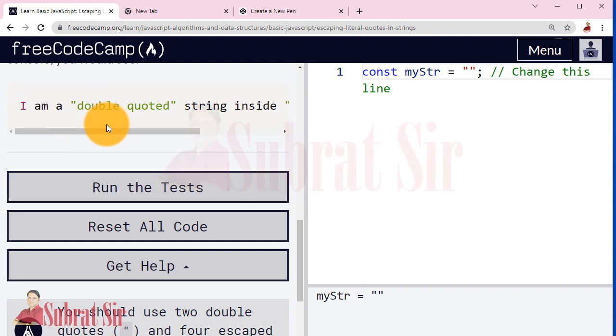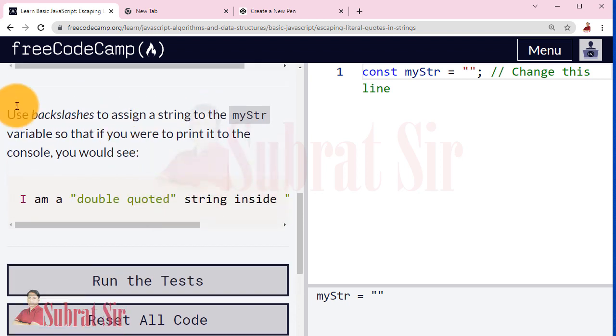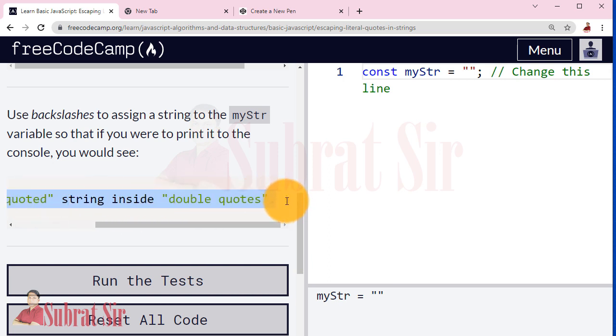Now the task: I am a double quoted string inside double quotes. Use backslash to assign a string to the myStr variable, so that if you were to print it to the console, you would see I am a double quoted string inside double quotes.